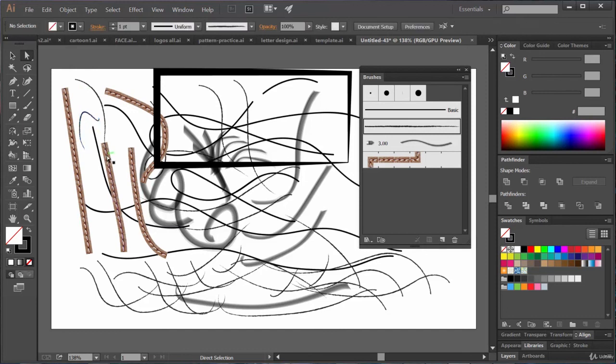Okay, so let's not make it complex. Just know this thing that using the brush tool we can draw stuffs and we are drawing strokes, remember. And whenever we are creating any shape, if we are applying some brush to it, we are going to get that brush stroke on that object stroke.